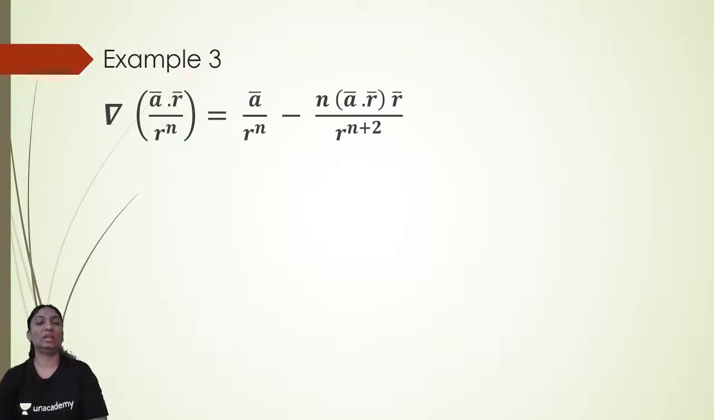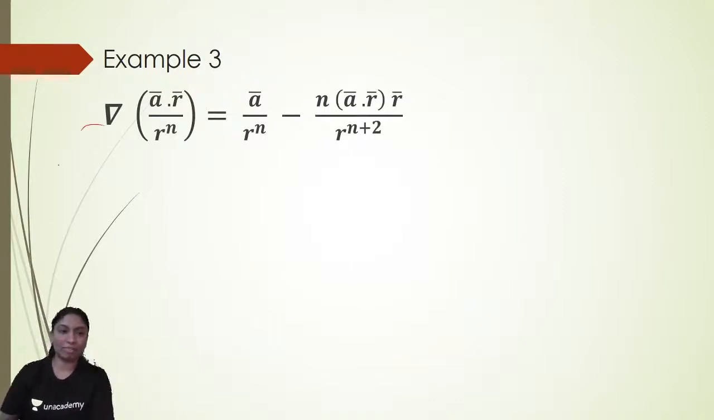Example number 3. Del of a bar dot r bar upon r raised to n. अभी ये देखो ये a bar dot r bar दोनों वेक्टर है, दो वेक्टर का डॉट प्रोडक्ट क्या हो जाएगा फिर से स्केलर, तो dot product of these two vectors is scalar और ये भी scalar है, right, सो हमें किसी को तो यहाँ पे जो भी scalar है सो phi psi करना पड़ेगा, तो phi a bar dot r bar हो जाएगा psi 1 upon r raised to n बन जाएगा,